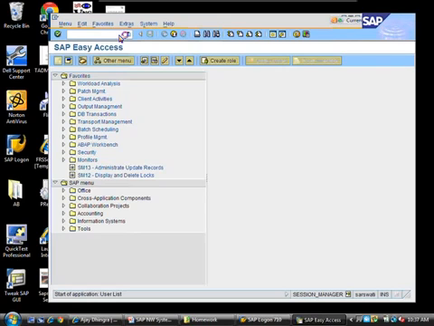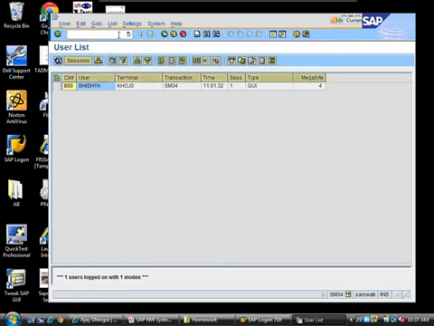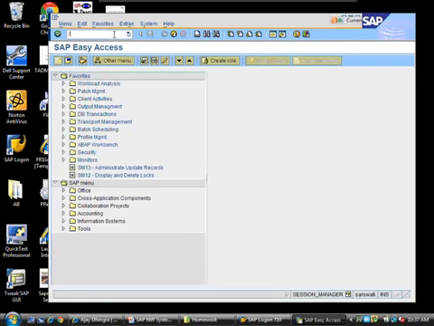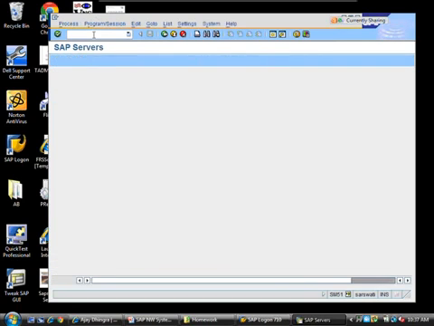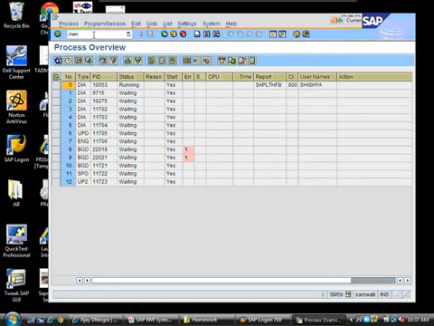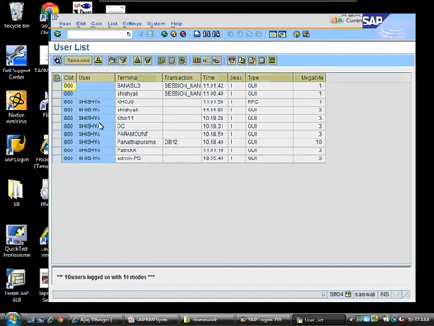So I'm just going to do that, and I should be able to see who all are currently logged in. Actually, I just see so many people are logged in.